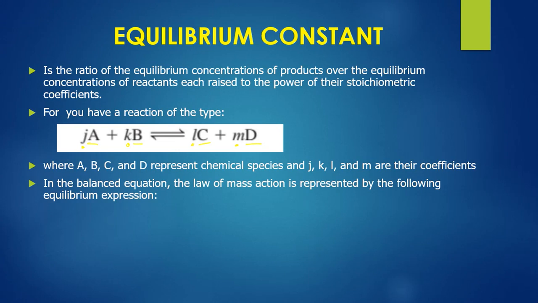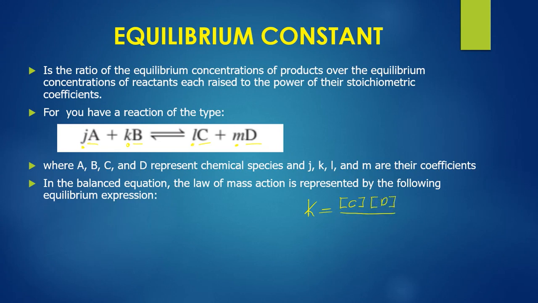So for example, you are asked to write the equilibrium expression for the reaction above. How can you write the equilibrium expression? So this K you are seeing is the equilibrium constant, which is equal to, just by the definition, the ratio of the equilibrium concentrations of products over the equilibrium concentrations of reactants. We'll start with the concentration of products here. I'm going to write a square bracket, meaning the concentration of the product. So I'm going to write C, and then the products we have are C and D like that,